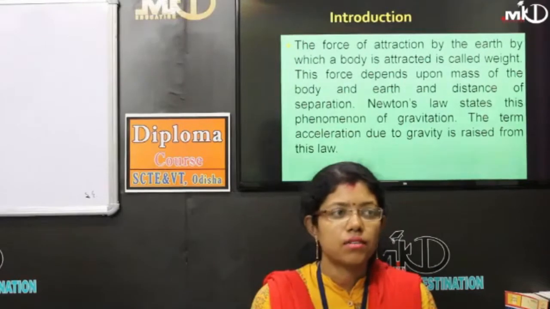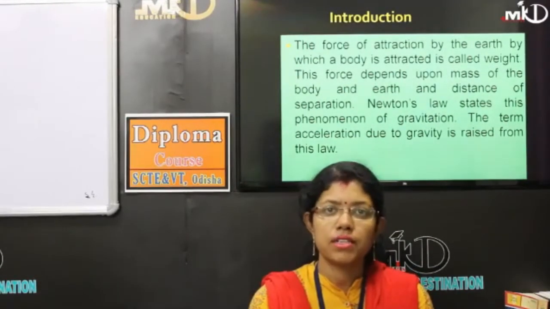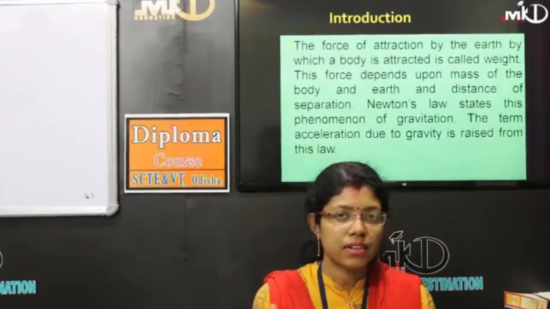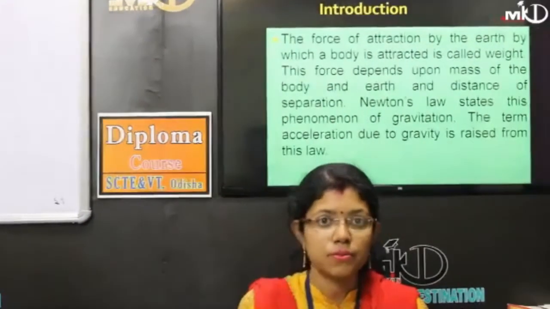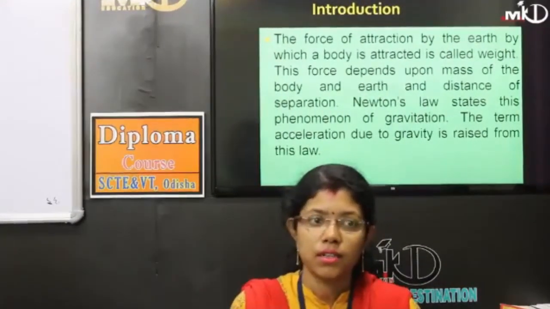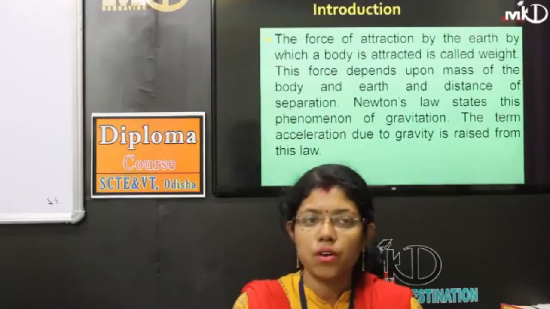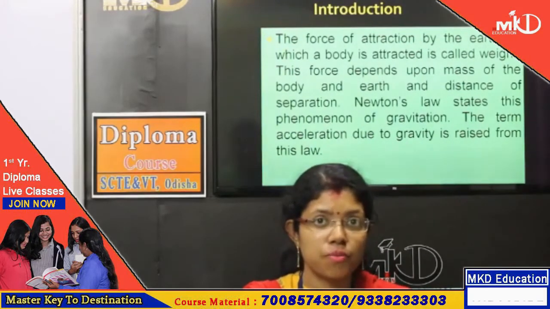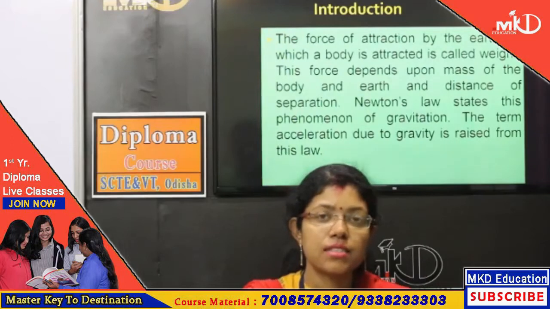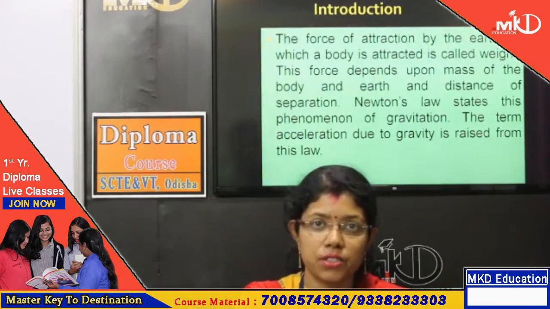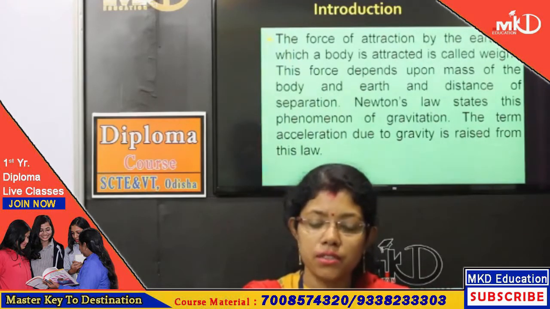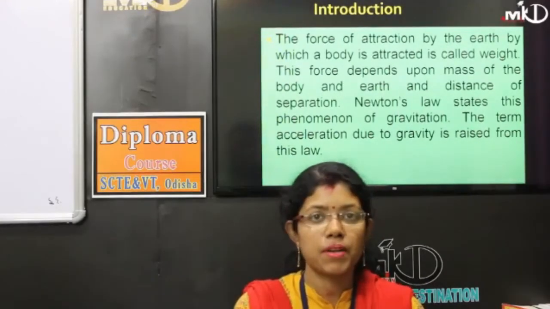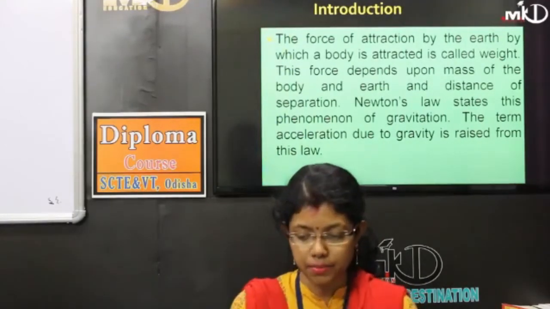We always wonder that if we throw something in an upward direction, it moves back towards the earth. It is because a certain force is attracting that body, making it fall towards the earth. So in the universe, any two objects having a certain amount of mass will attract each other. This law is defined by Newton's law of gravitation. In Newton's law of gravitation we normally calculate the force between the masses placed at a certain distance.